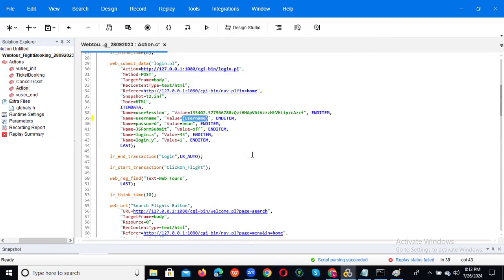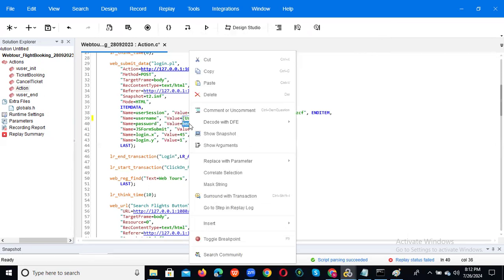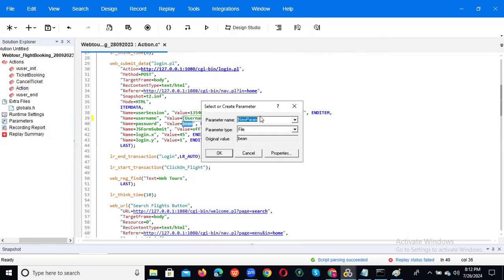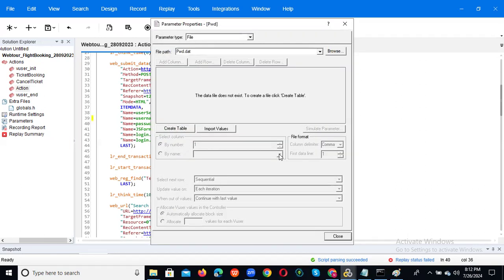And now, the next value. This is the user password. Replace with parameter and create parameter. Now give the name password, and click on properties. Because this is the file type only, click on properties and don't click on create table when you are doing